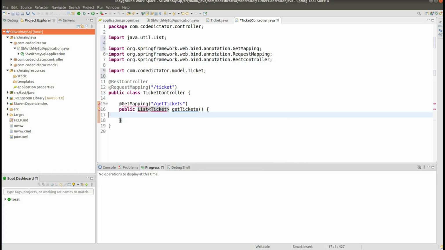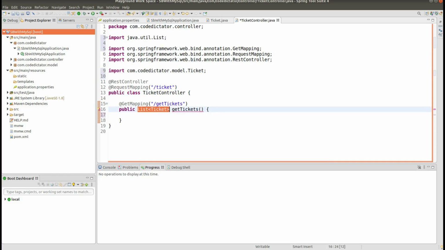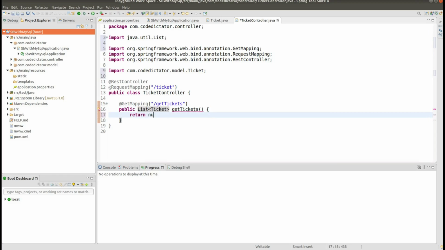Okay, so I added this List package, and Ticket package as well, and if you see this is the return type, so definitely I need to return something. So for now I'll return null, because we are going to write some logic over here. I'll just mark here to keep me on track. Return list of